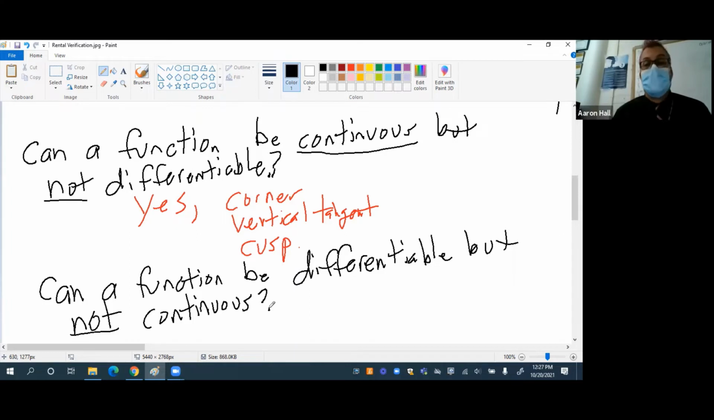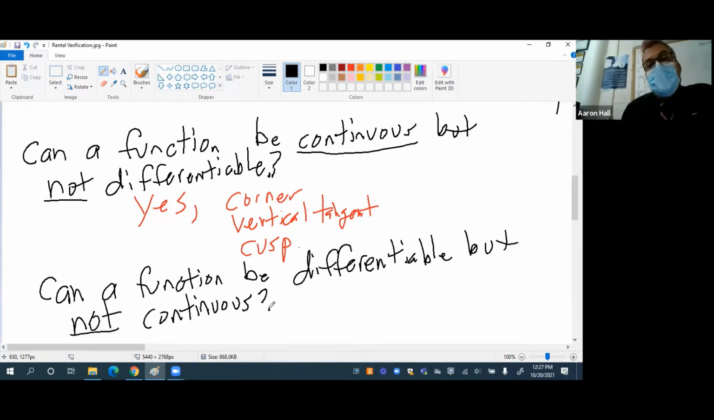Ian, what do you think? Can a function be differentiable but not continuous? Yes. Yes. Do you have an example? Tate, what do you think? I think no, because